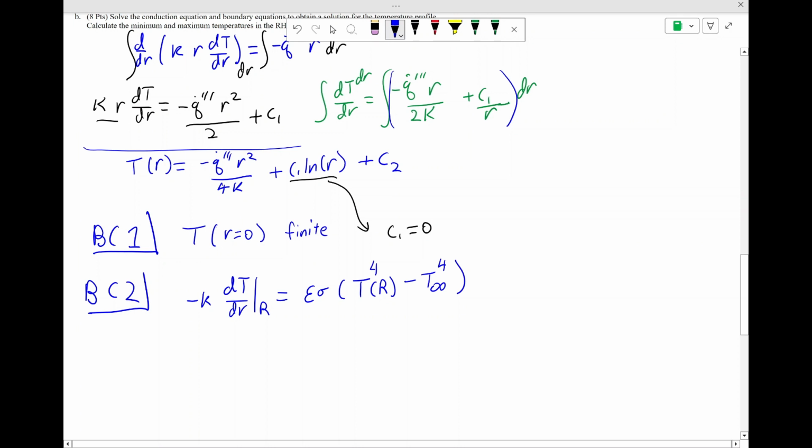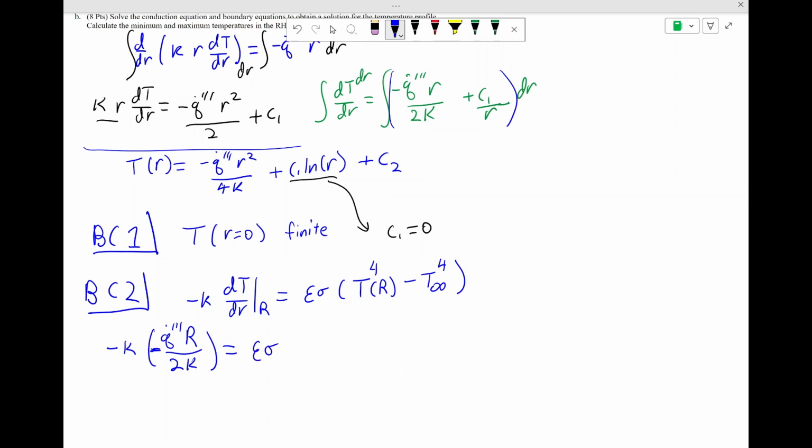The C2 drops out when we take that derivative because it's a constant. So we're going to get minus k times negative q dot triple prime big R, and there's a factor of 2 that comes out, so we'll get that over 2k, and that should be equal to